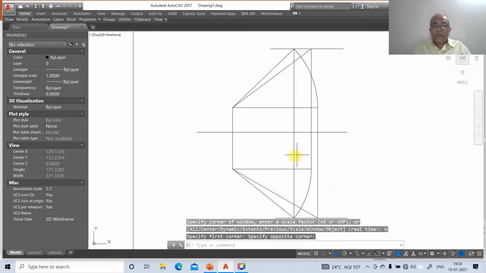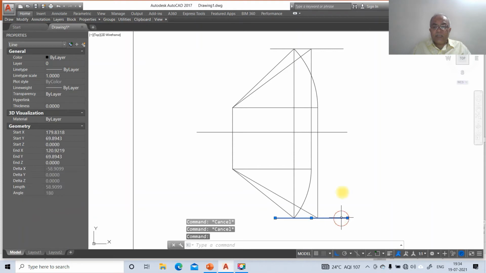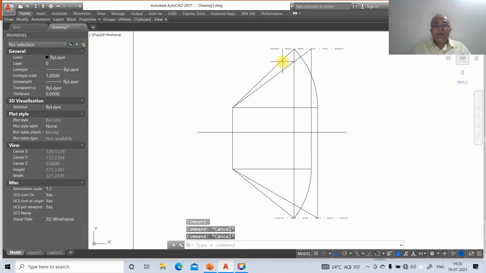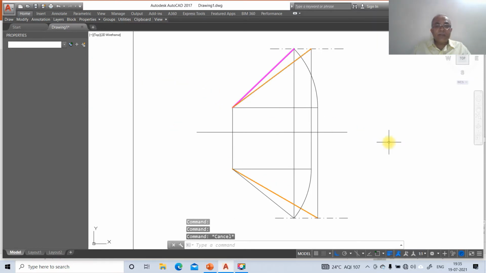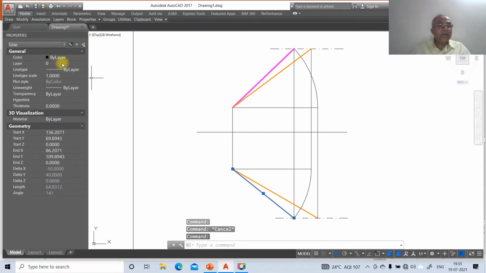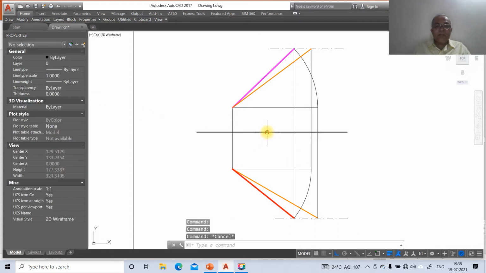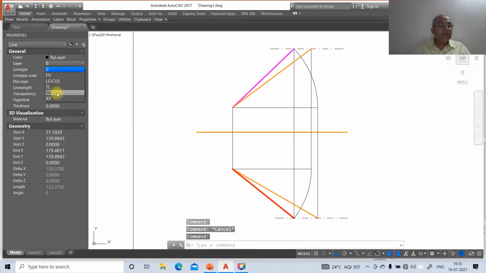Now we need to change these layers. First you go to these two, go to layer, make that layer as locus layer, and take the line type scale factor as 10. Then you select this line and make this layer as front view and switch on the line weight display, escape. Then you select between these two, that becomes true length. So you take true length, escape. Similarly, you take this and go to layer, make this layer as top view, escape. Then you click on this, go to layer, make that layer as XY.